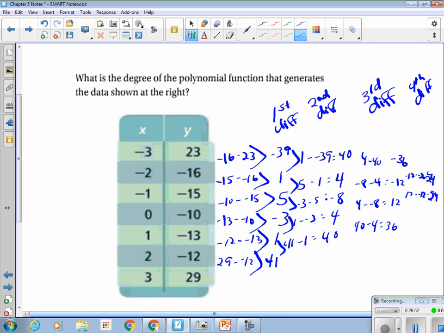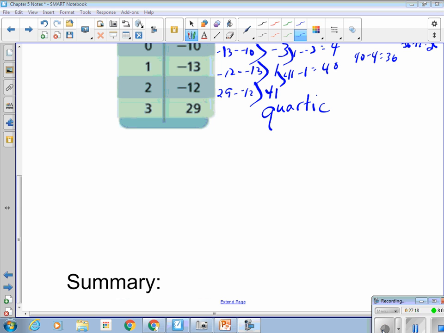I'm running out of room. And then I have 36 minus 12, 24. So it is the fourth difference where I get the constant. So it is quartic. And that's the end of